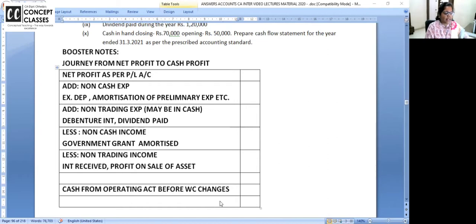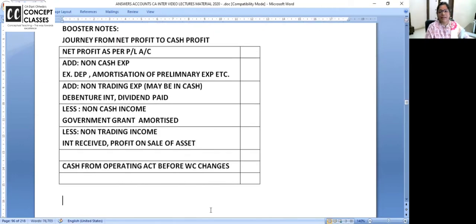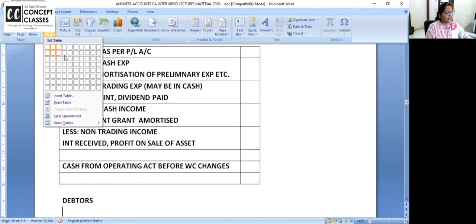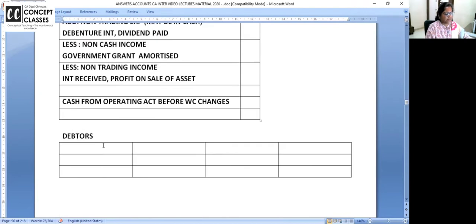I hope again and again I'm making it very clear that we are in the indirect method. So things are coming indirectly. When I'm talking, let me make a debtors account and show you. I have made the same concept of debtors account in the branch accounting also, if you remember. It is the same in branch accounting. Let's make a small debtors account, you also make it. Yes, write down to opening balance, say